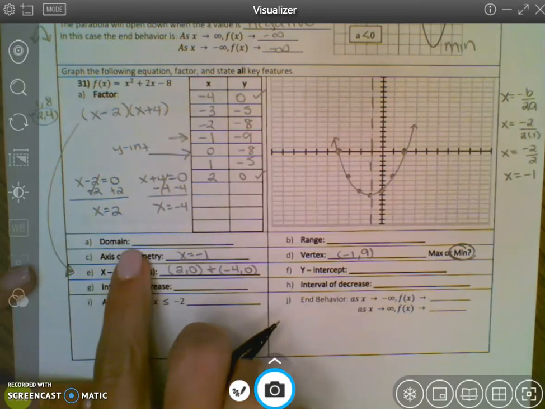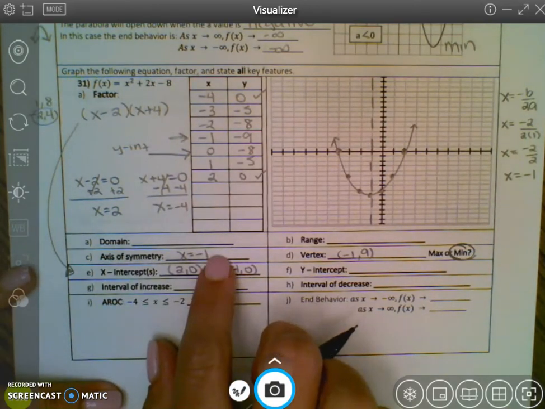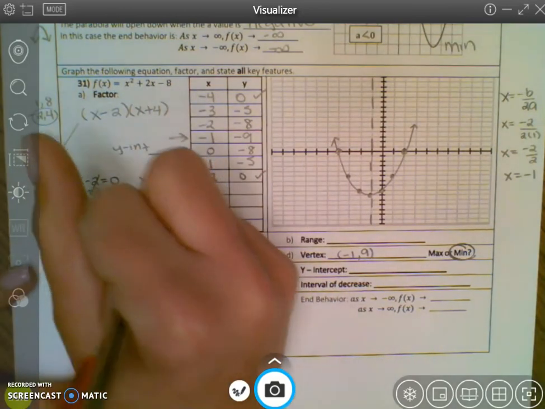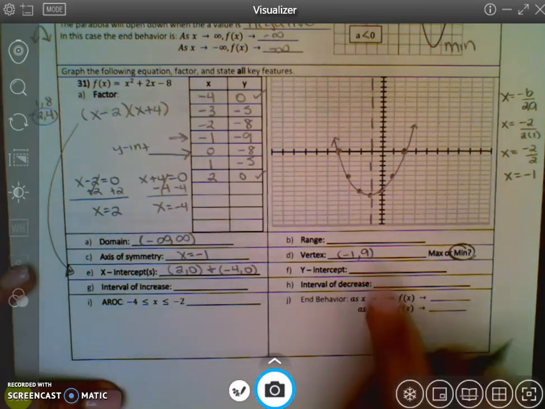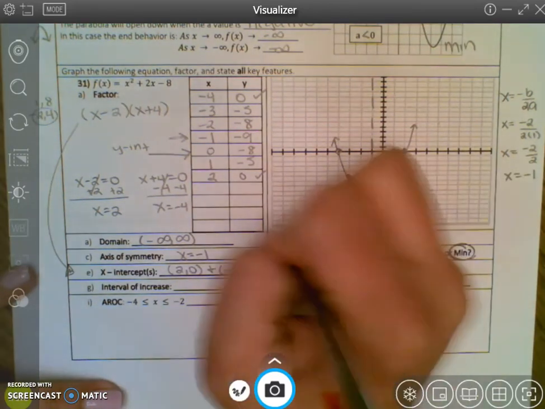My domain is always what? You should be telling yourself negative infinity to infinity. That's my domain always. My range is bottom to top. If you don't remember,